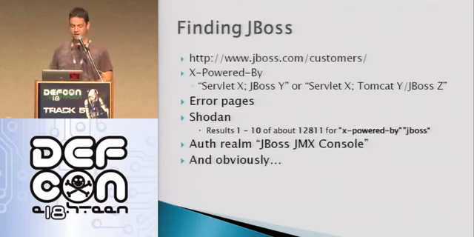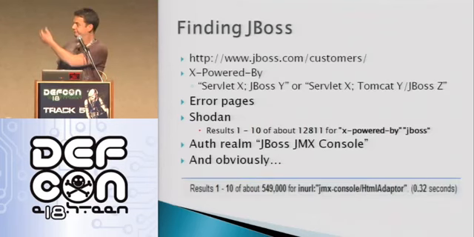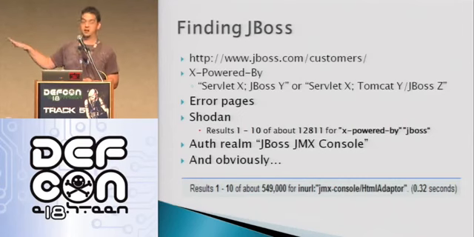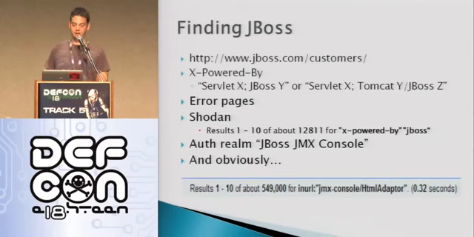And obviously, our favorite, you can Google dork it. So we see we've got 550,000 results. These are probably not all unique systems, but there's plenty of them out there is the point. And this actually, I should point out, means that not only did we find it, but that there's no authentication on it. By default, if I'm seeing the HTML adapter, that means it's not authenticated at all, at least at the time that Google crawled it. So you guys can go have some servers. They're out there.